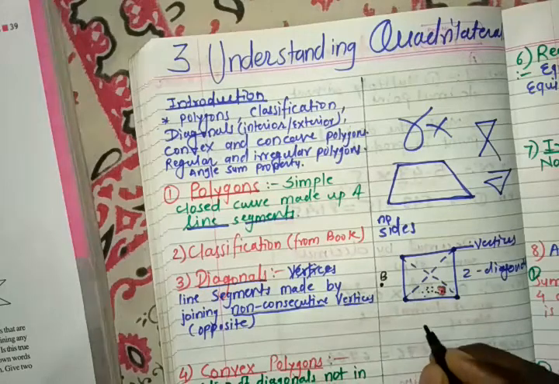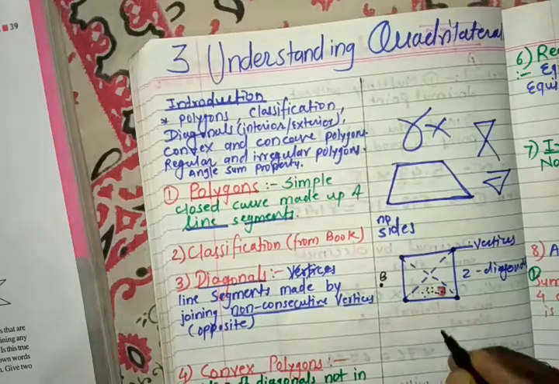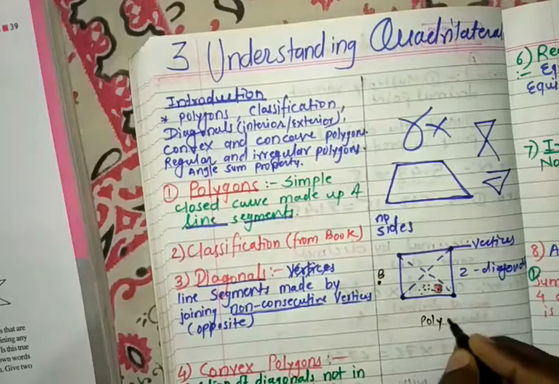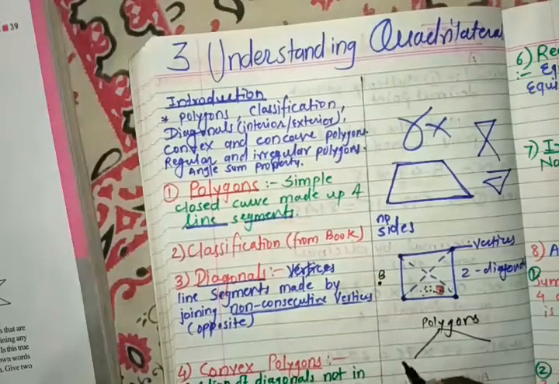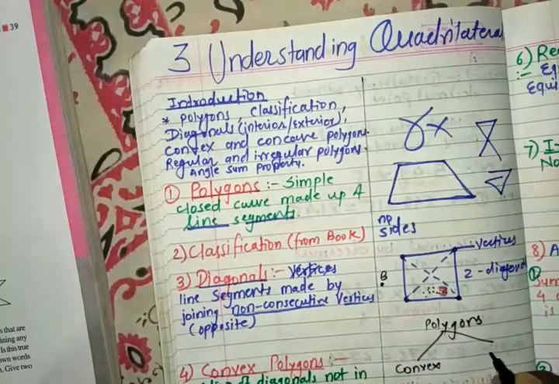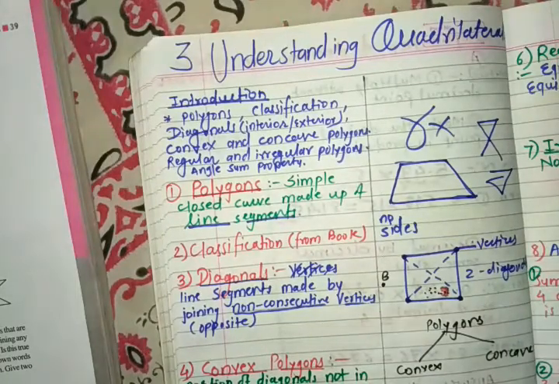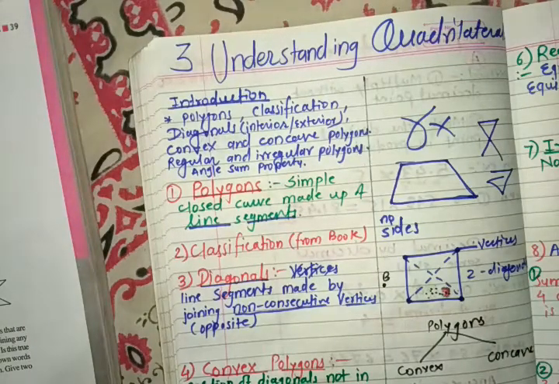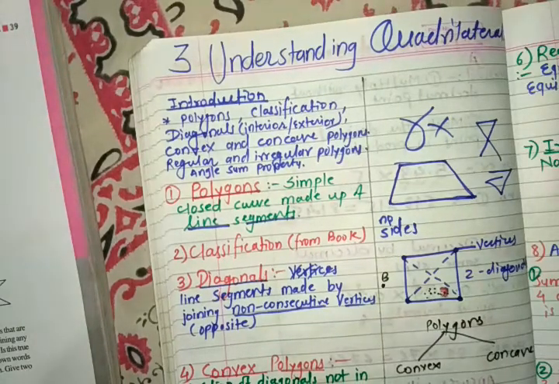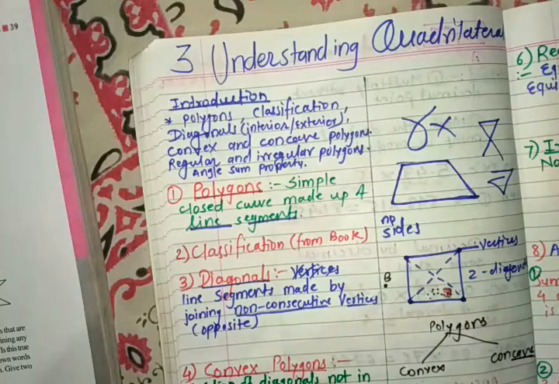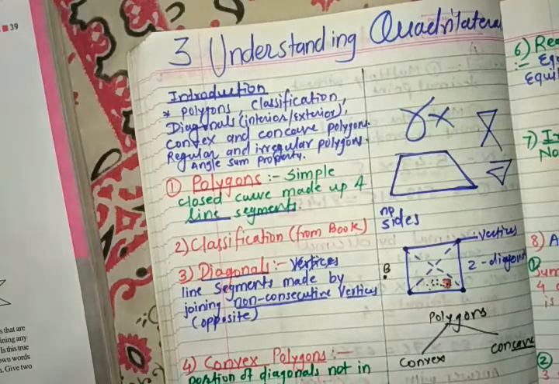Again, we have divided polygons on the basis of their shapes. Polygons are divided into two types, convex and concave. These terms are very closely related to physics, as you know very well: concave shapes and convex, concave mirror and convex mirror. In that we have studied that concave means having a cave structure in that shape. On the basis of that we try to understand what convex is.